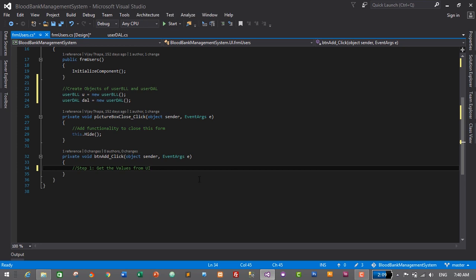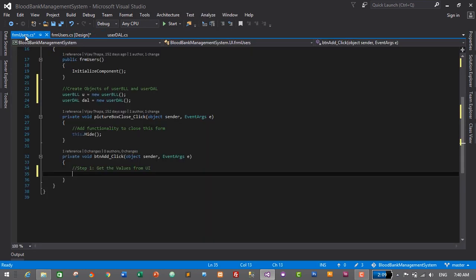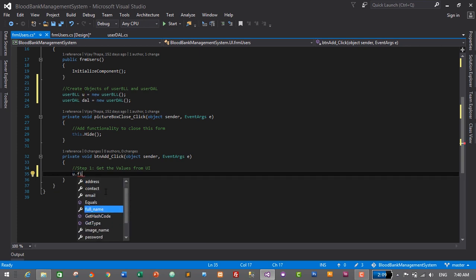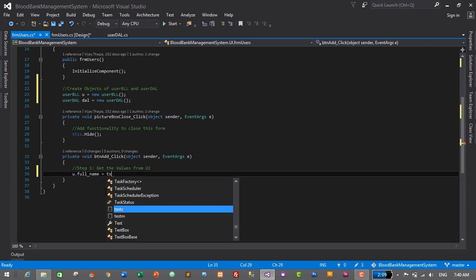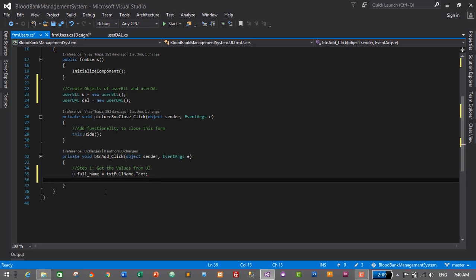So we will use our user BLL to get the values from the form and store them temporarily. So u dot full name is equals to txtFullName dot text, and then